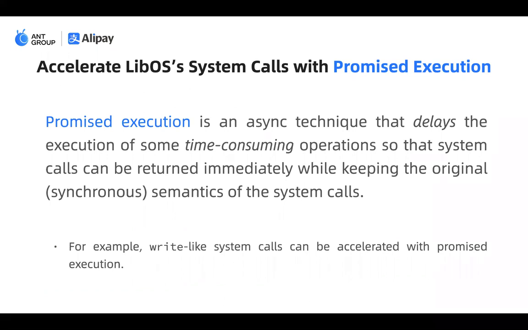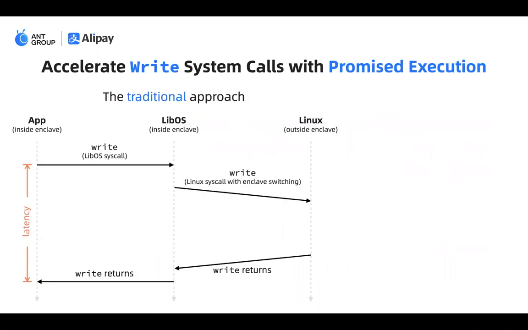And the challenge here is that if the library has returned the system call immediately, it has to keep the original semantics of the system call. For example, we can use this promised execution technique to accelerate the write-like system calls. So here is an example. Just like the accept and read system calls,